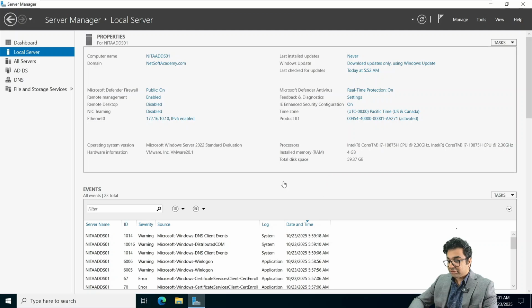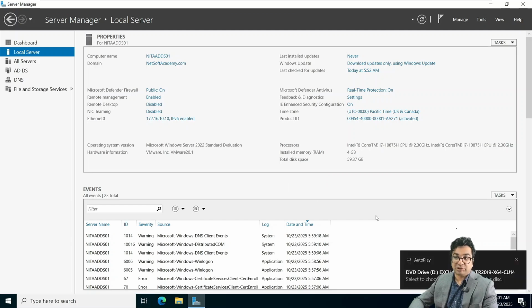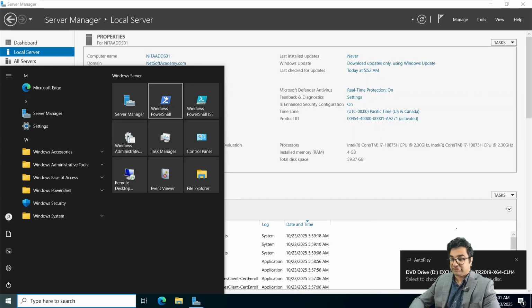And once I mount it, I'm not running it, I'm not installing it here. I'm just going to run the prerequisite command. So I'm going to go to PowerShell,